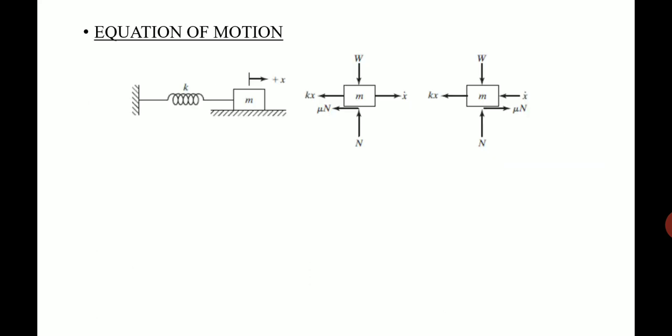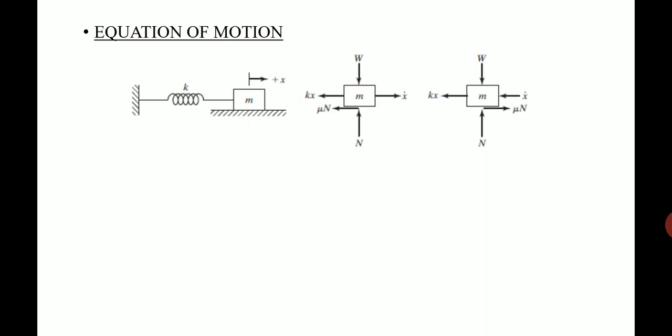So this figure shows a system where the mass is sliding on a surface. It has a spring with stiffness K, and the mass has value m. It is shown here that the displacement of the mass is plus x towards the right side. The direction of displacement is x. Positive direction is towards the right. Okay, so here we can analyze the system in two ways. Friction is provided by the surface contact.